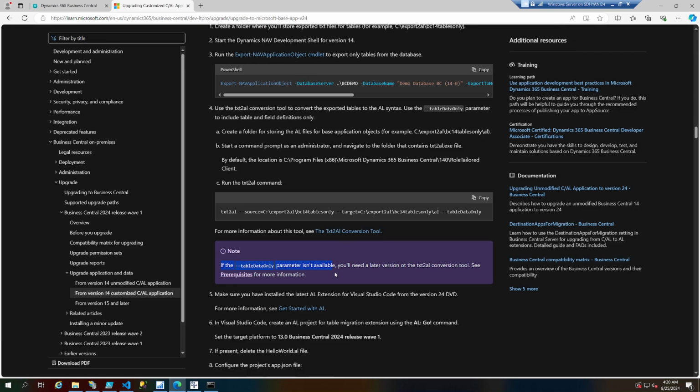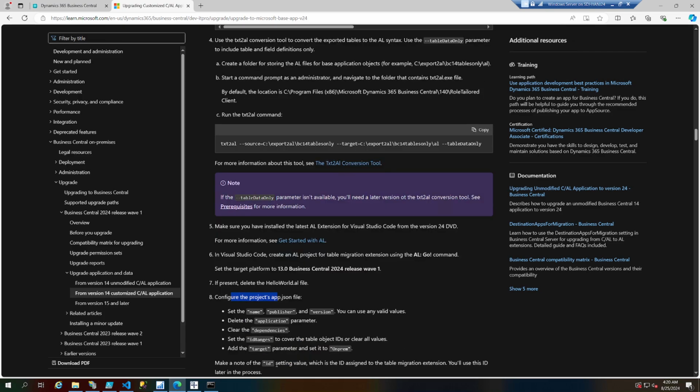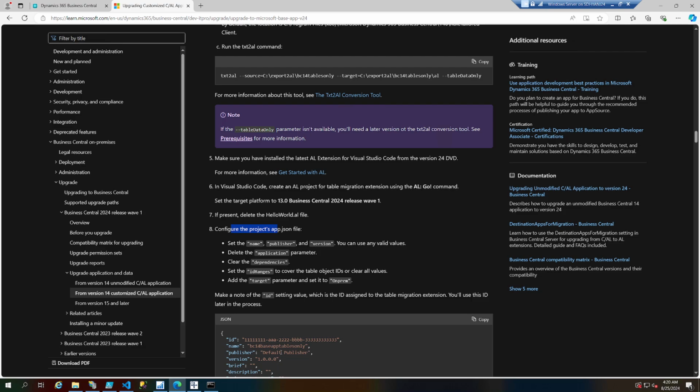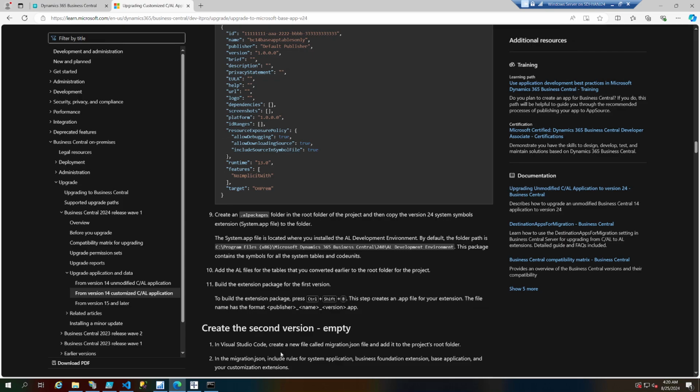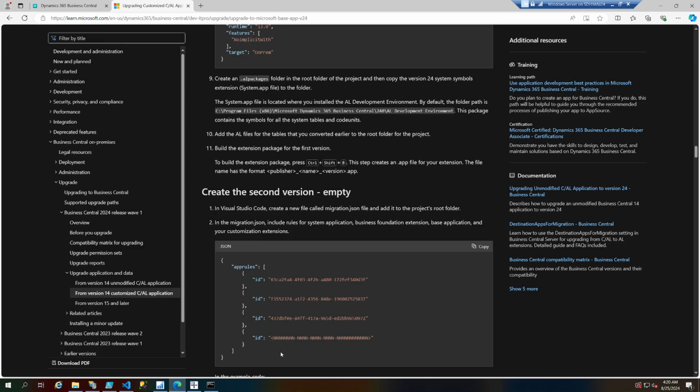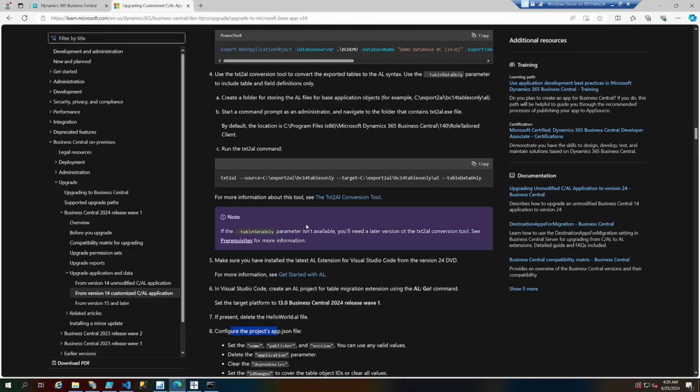Hopefully that's making sense. Okay, so we have the AL extension installed in VS Code, AL project, or table go. Set platform to 13, and then do this. What it's trying to do is configure the project app.json file. Okay, now I'm getting confused that it did not say that it is creating a second version of it. So we did this till this point, and then it says in VS Code create an AL project for table migration extension. Oh, we haven't created it. Okay, and then in that